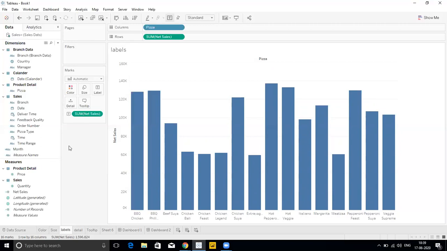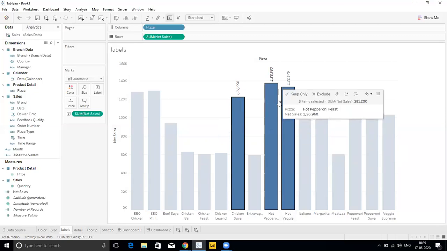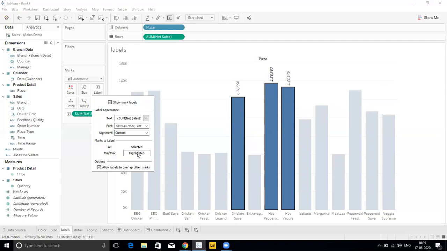Right now nothing is highlighted on any column chart. When I select this and hold it, look at that, only the columns I am selecting are highlighted here with their sales values. So that is the use of this option. We call it highlighted. So all the marks to label options are really helpful to highlight our data.